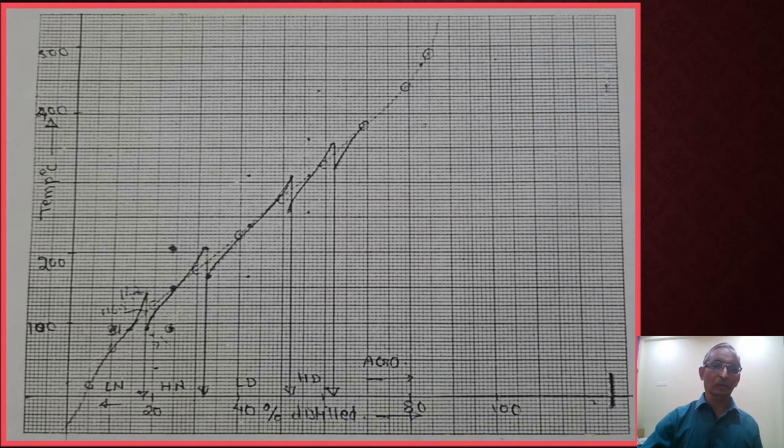So they know how much percent of gasoline is available, how much percentage of kerosene is available, and how much of the other products are available if they are going to process this particular type of feed. So that's why it is important to find out the physical properties of the crude they are going to process.